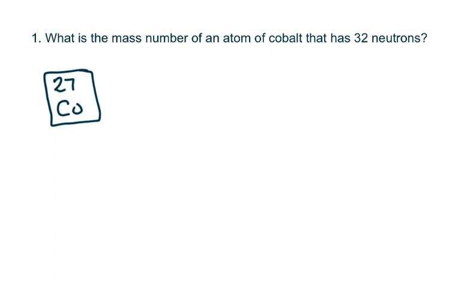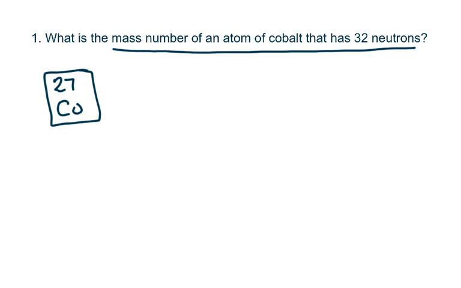Module 2 problems. We're starting to talk about the periodic table and atoms, moles, molecular masses, that sort of thing. And so we're going to start with problem 1, where it asks what's the mass number of an atom of cobalt that has 32 neutrons. Okay, and so what you need to realize